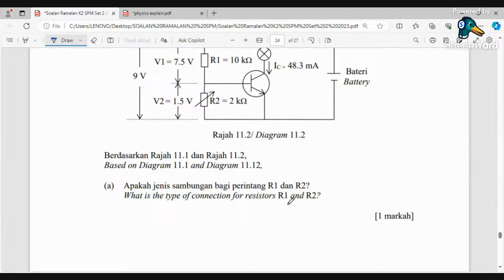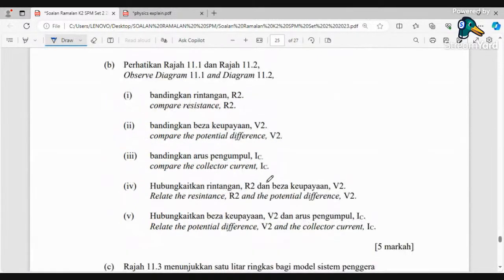Okay, what is type of connection for resistors R1 and R2? Kalau potential divider, dia adalah series connection. We compare resistance R2 dengan R1. Okay, R2 is more than R1. Tulis penuh saya just write down cepat sikit sebab saya dah dekat 2 jam lebih dah. Okay, then untuk yang V2 more than V1,